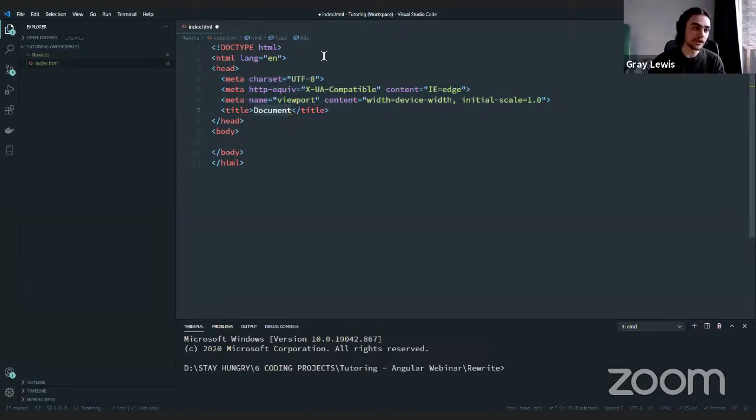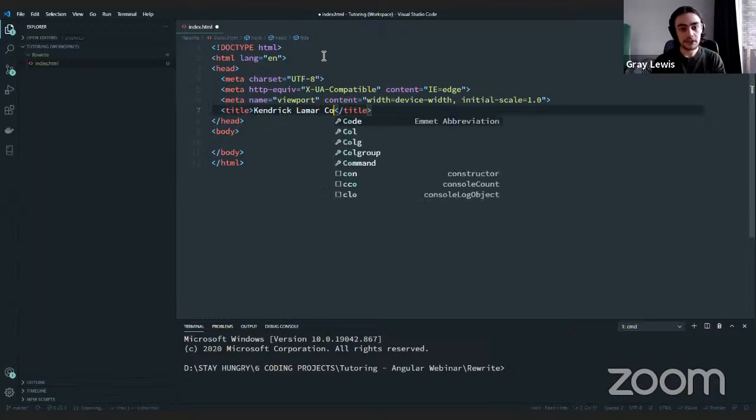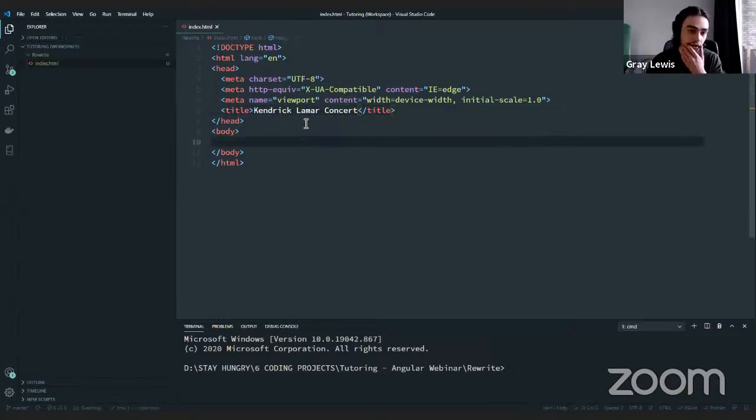Then we have the title, which is actually just that little bit of text that we displayed in the tab of Google Chrome or whatever browser people are using. I'll go ahead and just set that to Kendrick Lamar concert. And then we have the two main sections of the page that we can see here. There's one element called head, which is encapsulating all of this non-rendered content. And then we have the body, which is where our actual content that is going to be rendered onto the page goes. So within our body here,